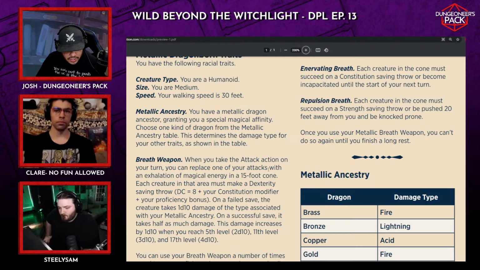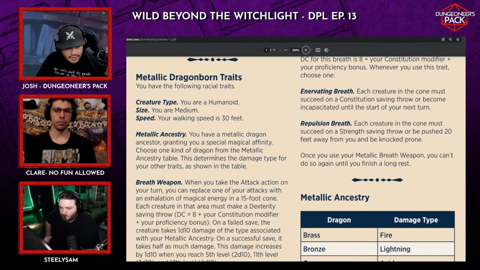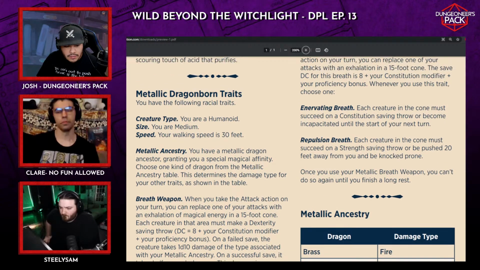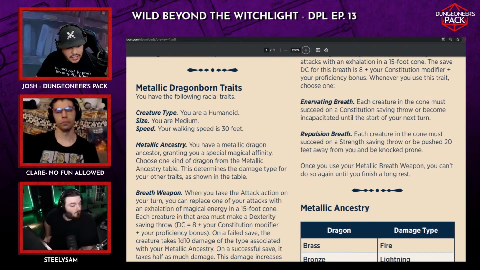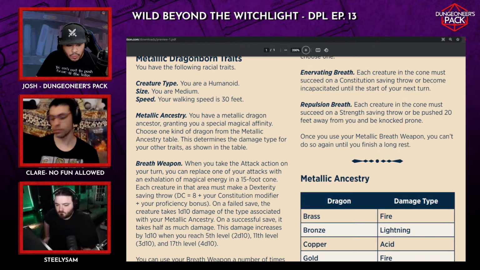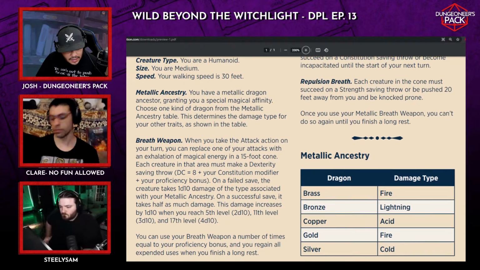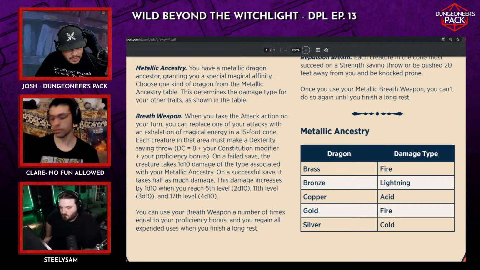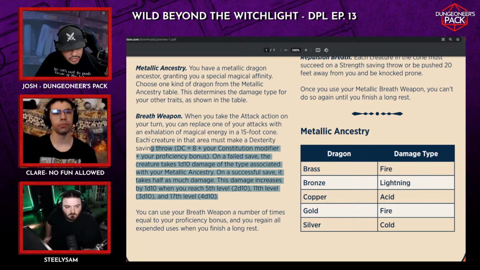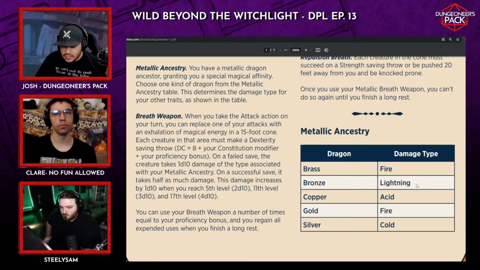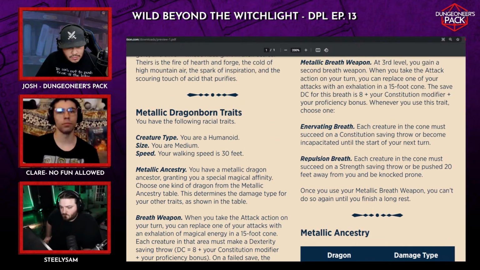I like the fact that you can interchange one of your attacks with the breath weapon. I think the biggest complaint is that Dragonborn don't have dark vision, but for me, you cast light. It's not like you're not going to have options at level 1 where darkness is going to matter. And the breath weapon being usable as an attack actually makes it feel usable as you progress and level up, and it's not just right now. It kind of feels wasted with the current Dragonborn, and you just don't really use it.